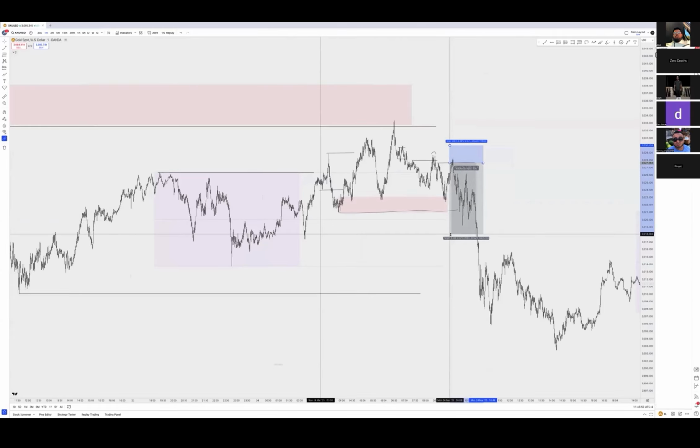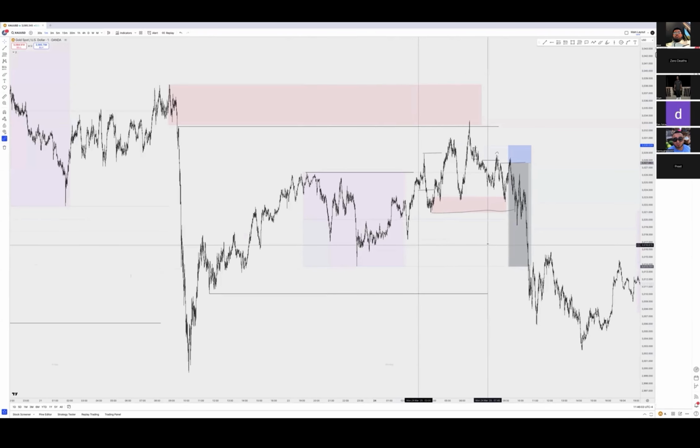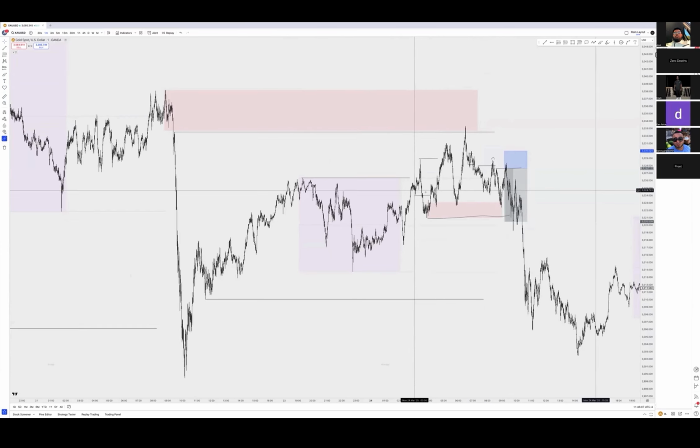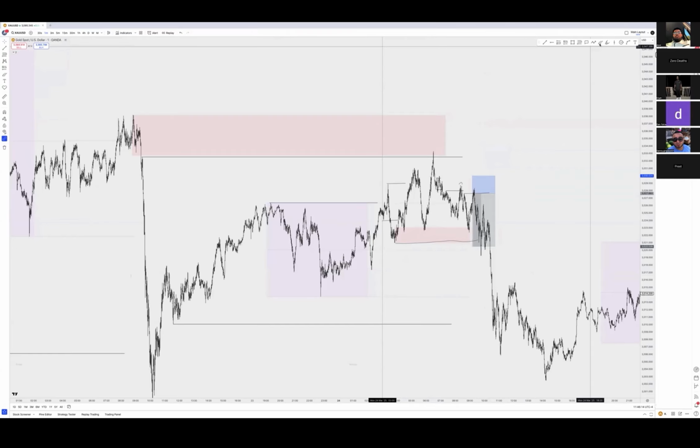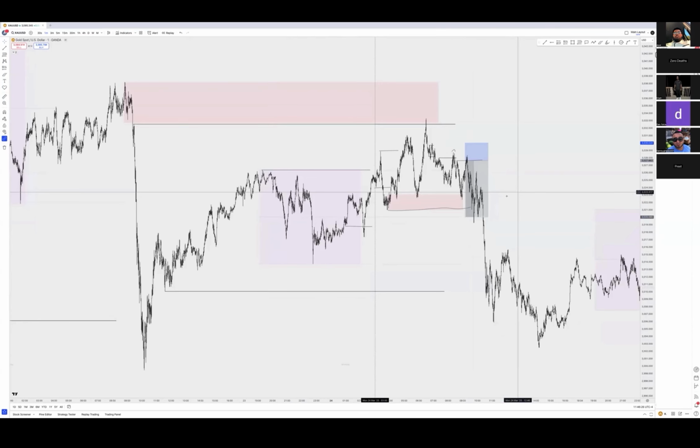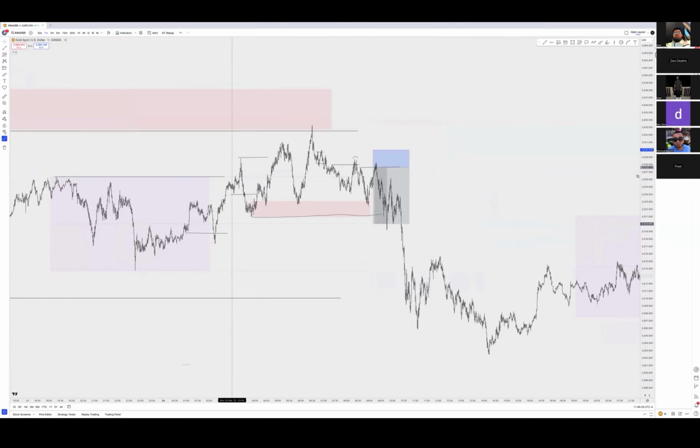So like obviously I'll be taking partials at structural points. So this right here would be one. Or even to be honest, I'll take off some here because you got this high taken out and then went higher. So built some liquidity there. You can also see this as well. You can see some reactions from there, right? So I'll take some partials off there, a little bit off the position maybe, if it makes sense to, or I would be going break even, one or the other.